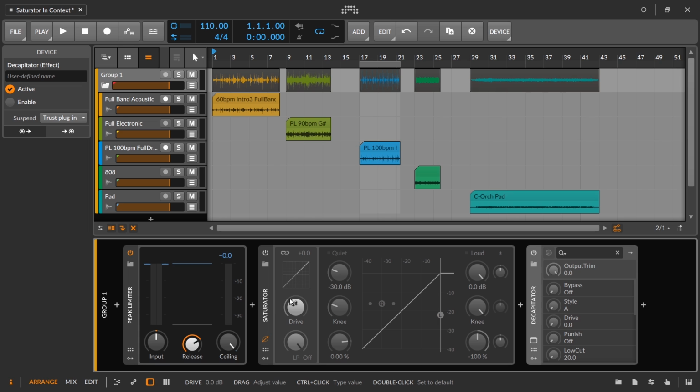Whereas the saturator, we're audibly adding things. We're trying to add overtones and harmonics. Same is true with the Decapitator. The peak limiter is trying to be transparent. So with a lot of EDM genres where there's not so many instruments, there's not so many tracks, a saturator